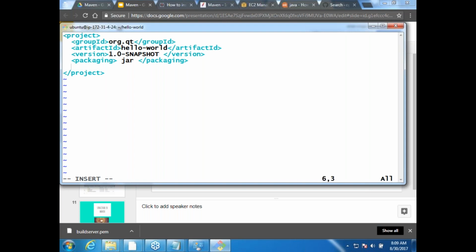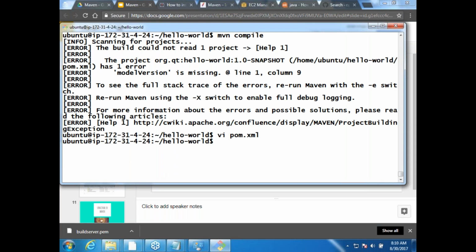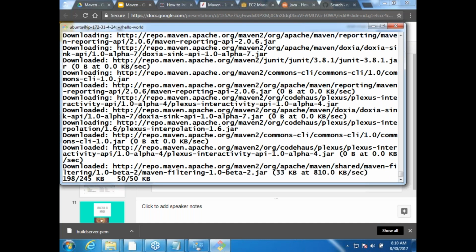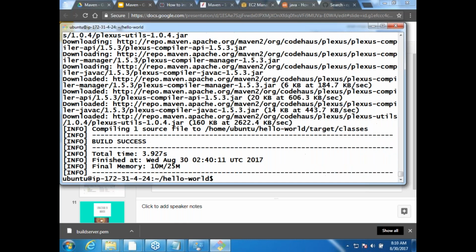Model version 4.0.0, end model version. Okay. Now let us execute the same command, mvn compile. What it says, build is success.